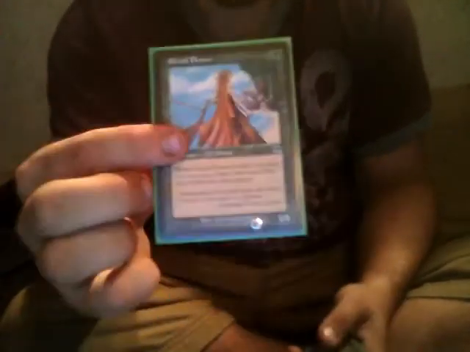Boreal Druid, Heritage Druid, Crosane Wayfinder, Elvish Pioneer, Elvish Lyrist, Elvish Scrapper. I've not quite foiled this deck out. I've got a few foils in it, but Fenthorn Elves,